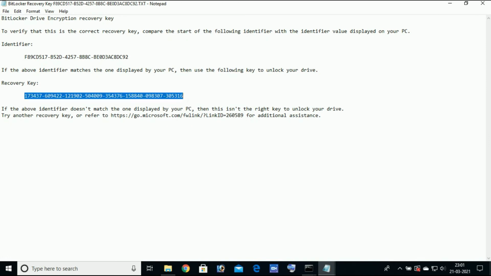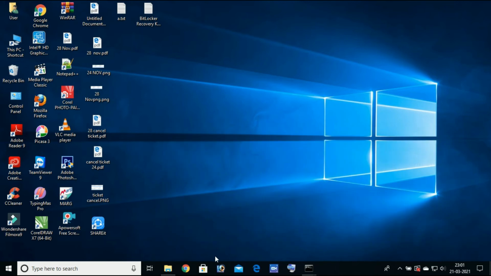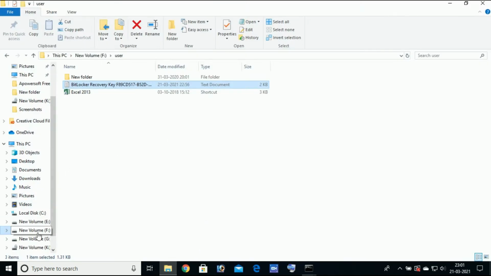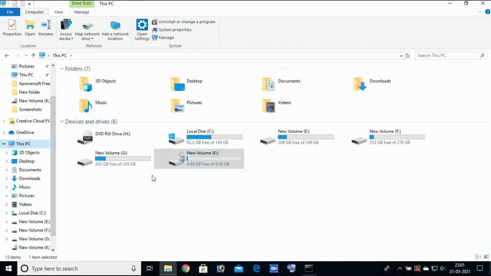We copy from this, Control C, close. Now the K drive. Here it is to unlock. Suppose first of all we lock our K drive.